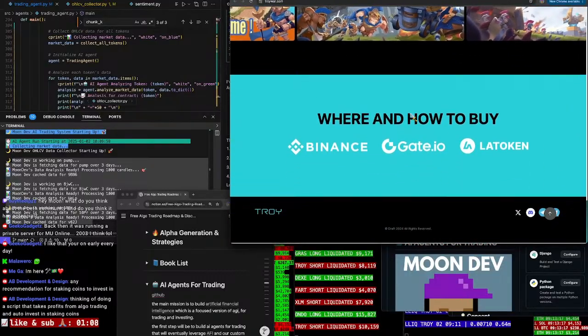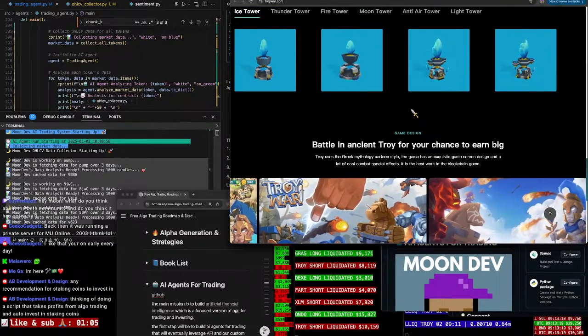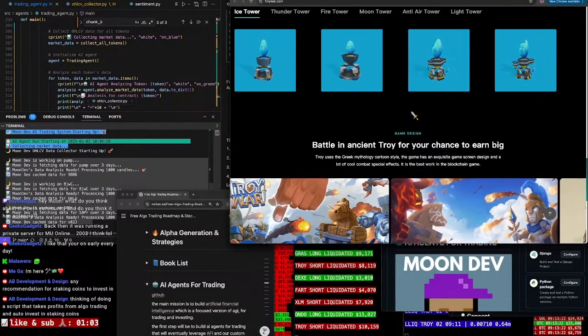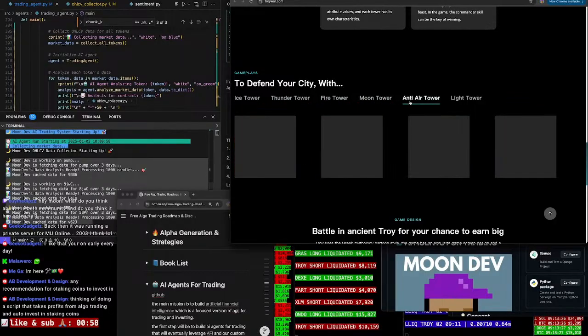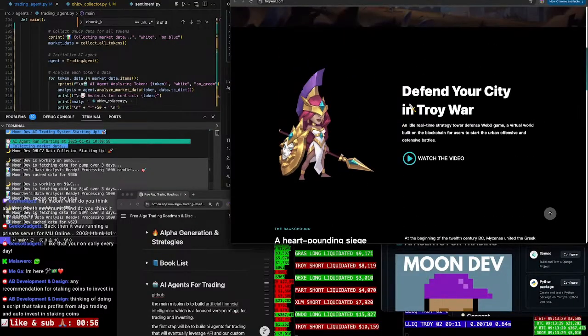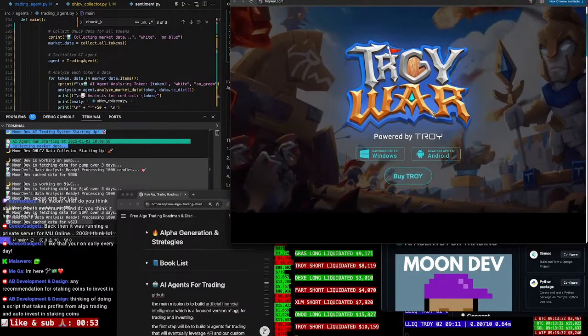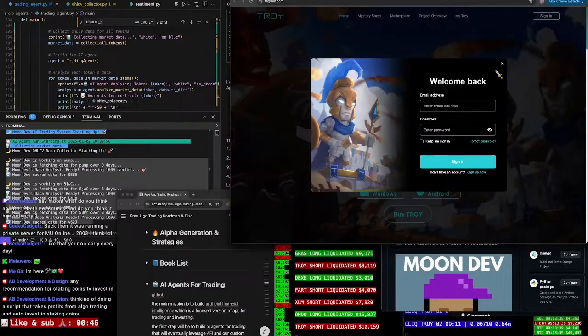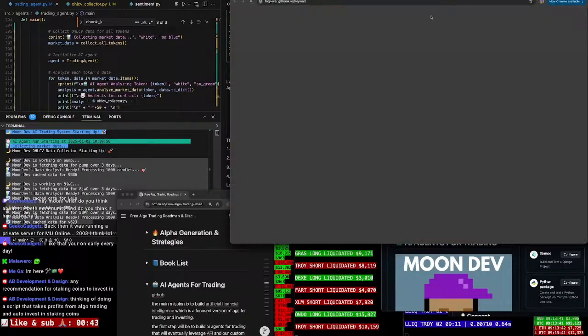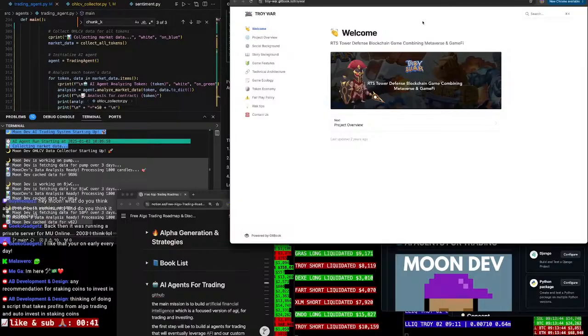Where and how to buy. I don't like the emphasis on buying their token, obviously. So, cool game, looks like. Windows, APK for Android. So I can't play it, dude, because I think I got an Android, dude. Actually, I do. I got one. I don't use it though. I got that Galaxy 3 or something. Anyways,